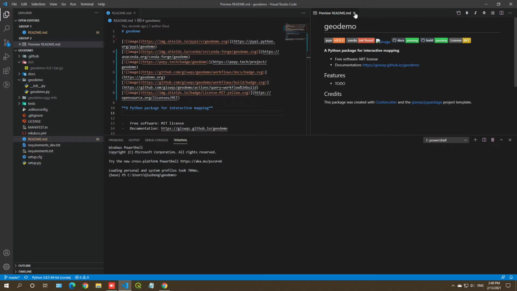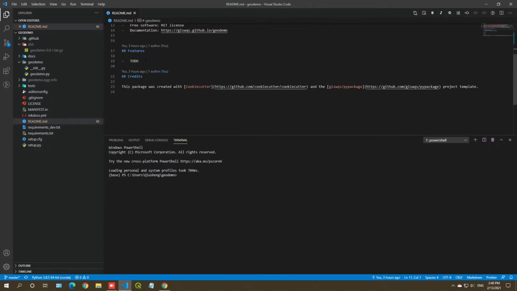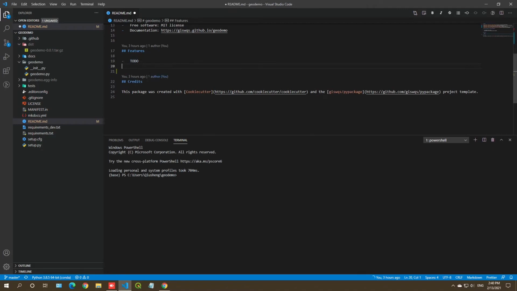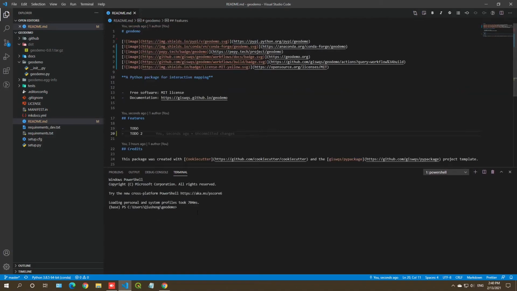Sometimes it doesn't show up anyway. Okay. And you can also make some changes. For example, scroll down here, features to do. You can say, you can add another item. Okay. To do 2, whatever. Okay, Control S. So now we have made some changes, and the other way that you can preview the repo